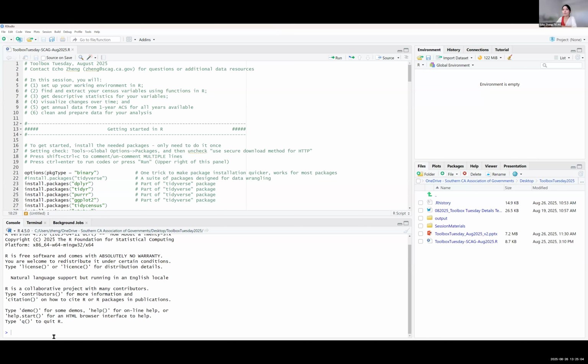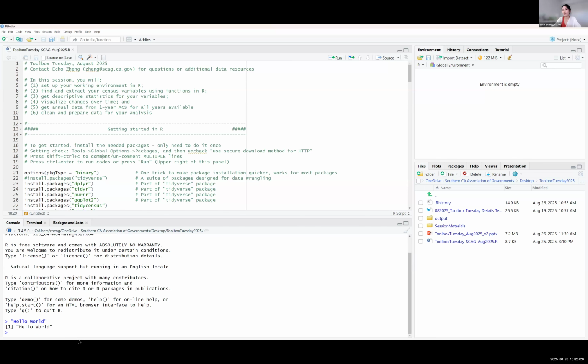And this is a console. A console is where you can directly type your command, and it will also show you the outputs when you type a command. So you can try to type a very classic example when people do this programming thing, say hello world, and then it will give you the output, hello world.